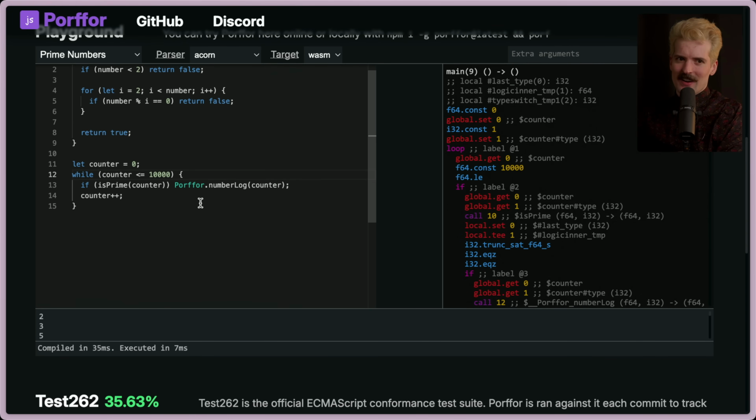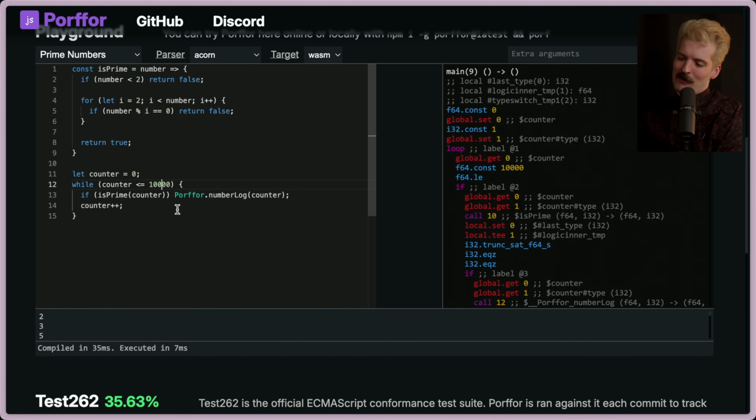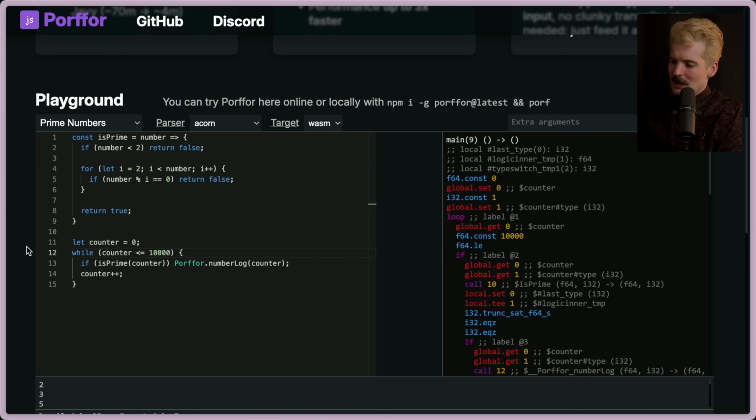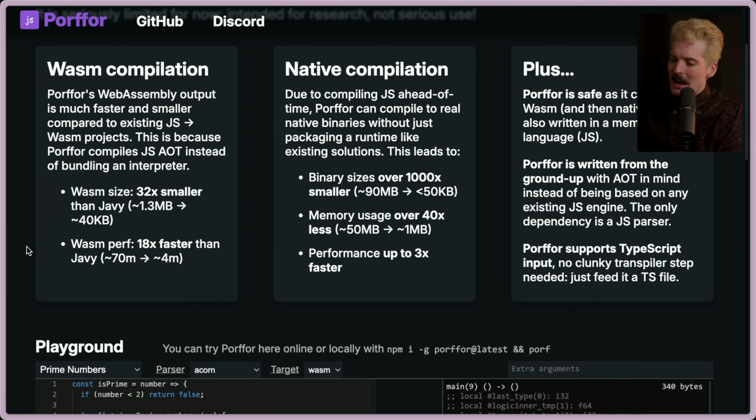Regardless, the performance win here isn't huge. It's not like putting it in WASM is magically 1,000 times faster than the JavaScript equivalent. But what it does enable is for embedding it way, way more minimally. Because if you compile your JS ahead of time, you no longer need to bundle something like Node with your project.